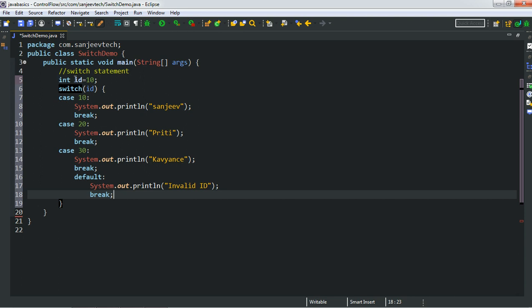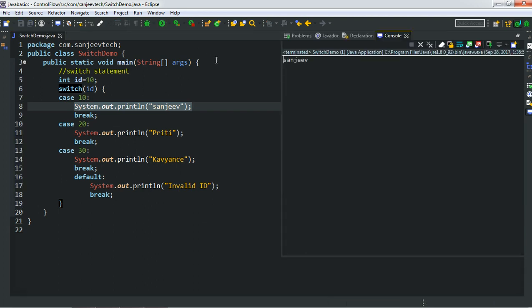So first we have the id equal to 10. Okay, so the matching case will execute. So we have the id is 10, the matching case is this case 10, and if I run it, the output would be Sanjeev. Let's run it. So output is Sanjeev,